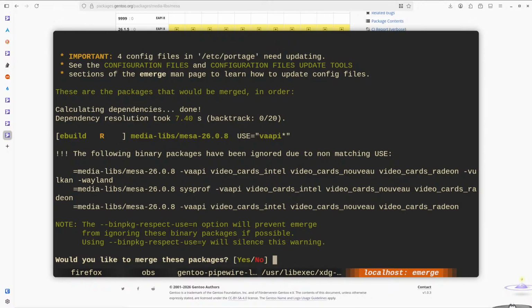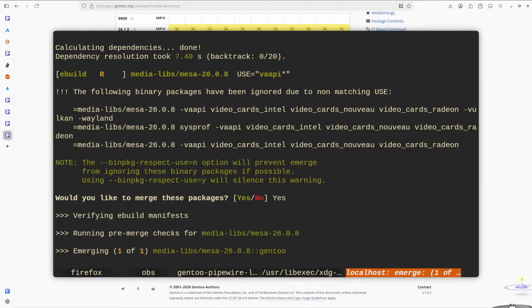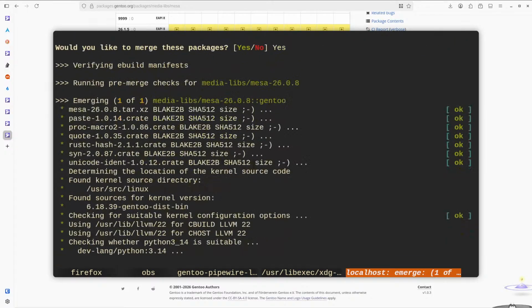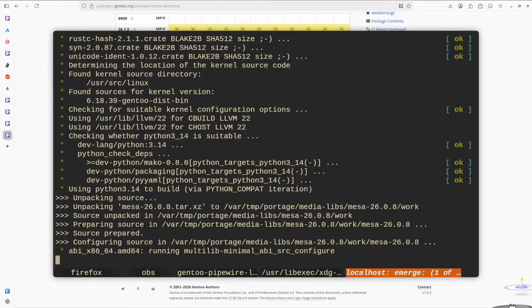Damn. Oh wait, there is VA API. Hold on. Those are the ones that I don't know. I guess it will build from source. Yeah, unpacking source. I think it's gonna be building from source because we don't have ones that have use flags.